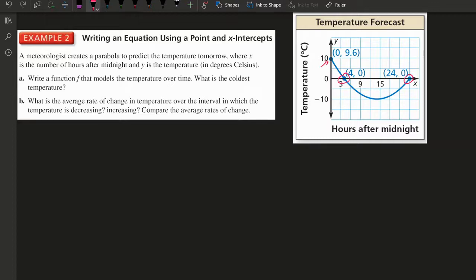So that means that I want to use intercept form, which is y equals a, x minus r1, x minus r2. So looking at my graph, I say this is my point, so this is going to be x, this is going to be y, 4 is r1, and then 24 is r2. So